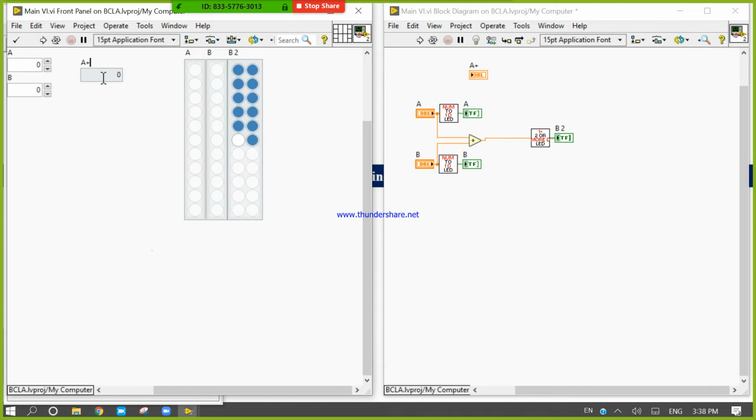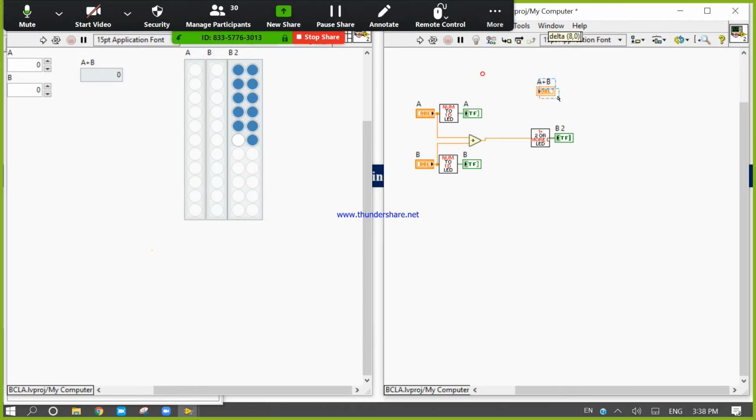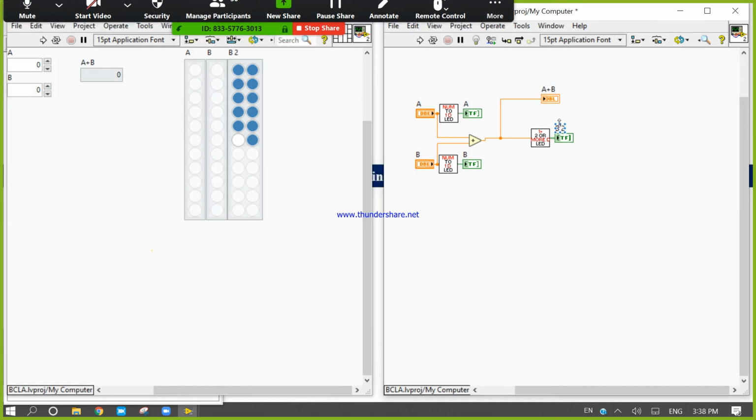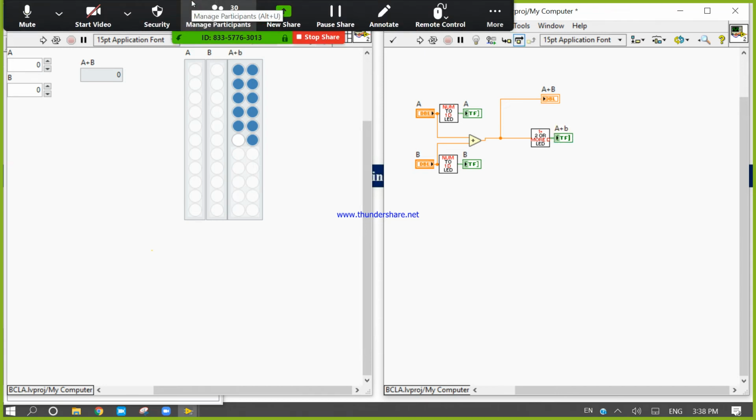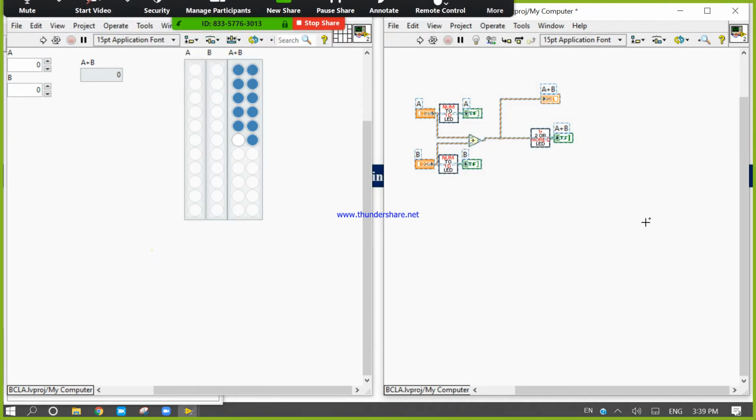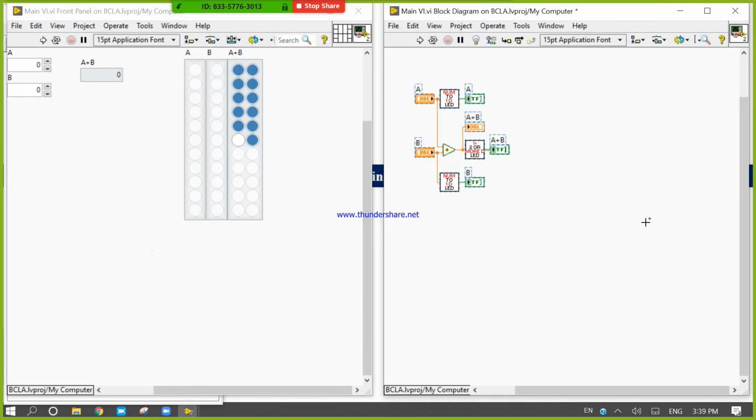A plus B is what I have done; your target is to design A minus B. Let's double click, A plus B. So here it is a complete concept for only one digit input. This project is for one digit input.